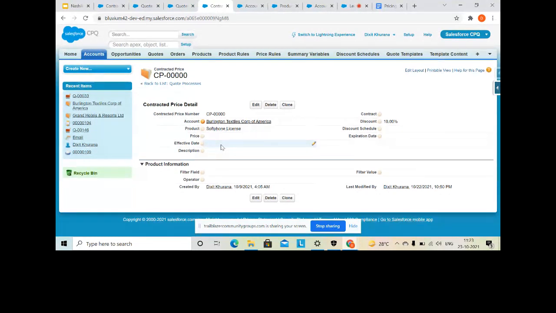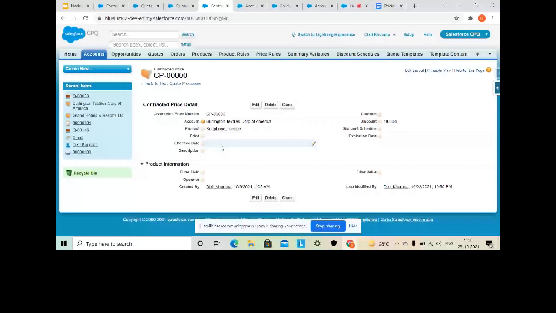Say the customer says, I will come after a year, and I want this soft phone license product to still have the discount of 10% for me. For that, you can specify the dates as well, from today to a year later. Effective date means starting date. Expiration date means this contracted price will expire automatically as soon as the expiration date is reached.